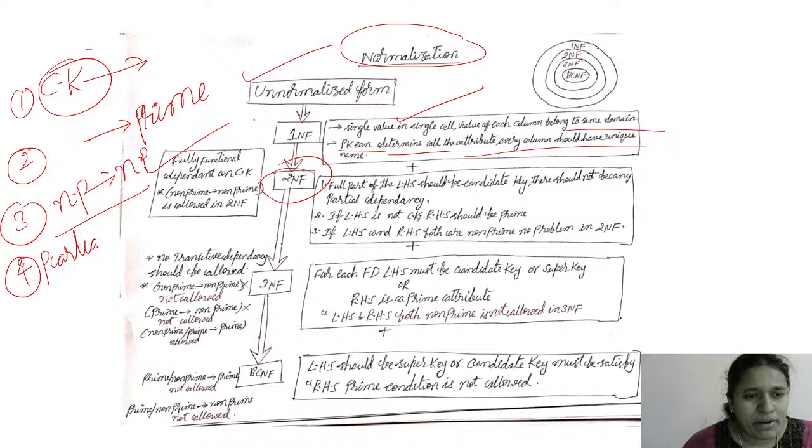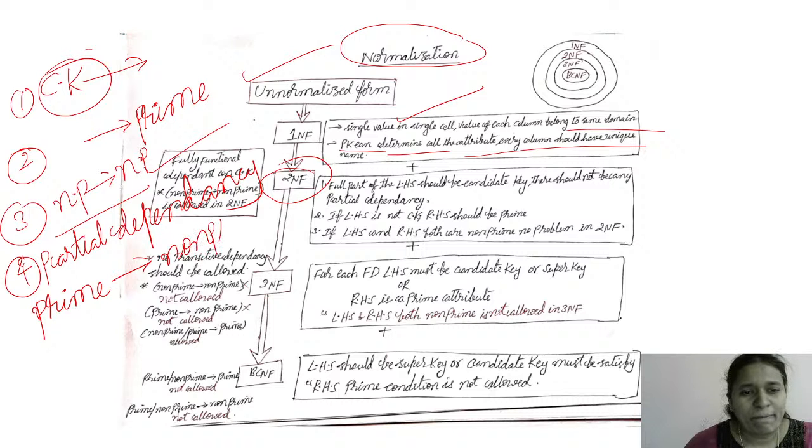What is partial dependency also? Yesterday we have discussed very clearly. If you have not watched yesterday's lesson, please watch that. Then you will get a clear idea what is partial dependency. Partial dependency means prime to non-prime. Prime to non-prime. This is called